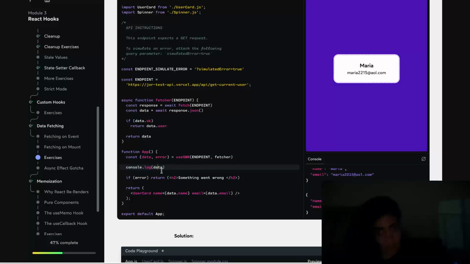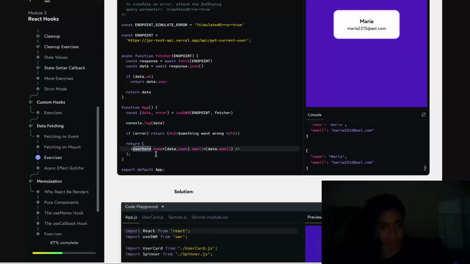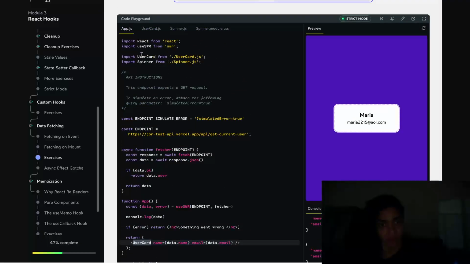If you have that, it will now skip this because we don't have any errors, and it will show now the component, which is a React element, that is defined here in the use